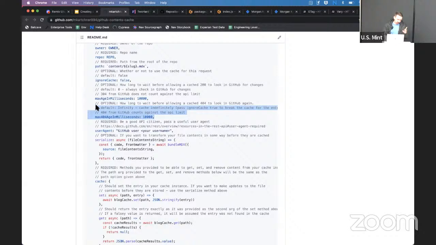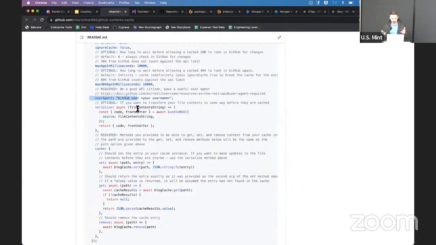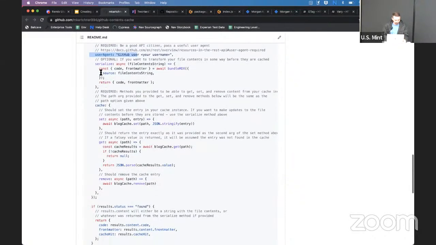And I'll get into that a little bit more, but yeah, user agent, be a good API citizen, pass a user agent that's useful so that if something happens, because caching is hard, GitHub could reach out to you and say, hey, maybe you should check that. Things like serializing. So for MDX, maybe you want to serialize it and store it in the cache serialized, so you don't have to do that every time you pull it out of the cache.